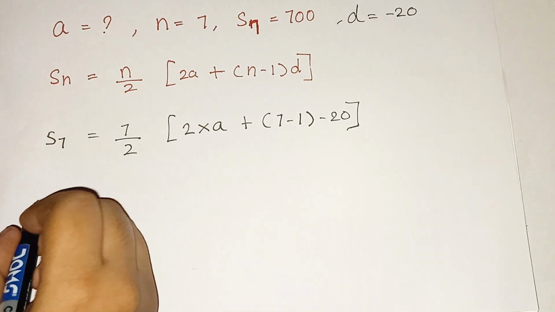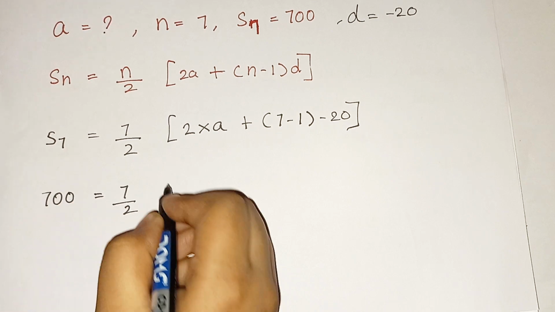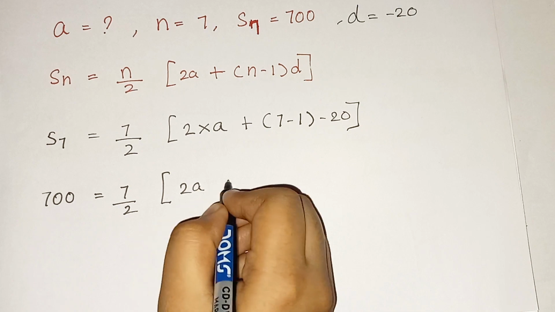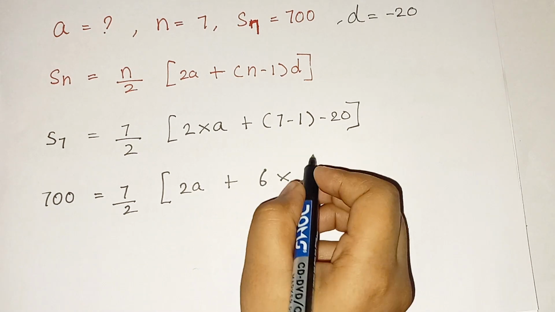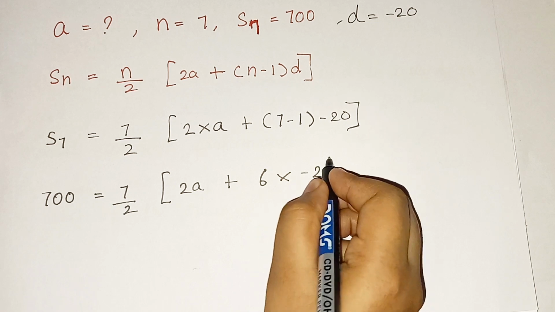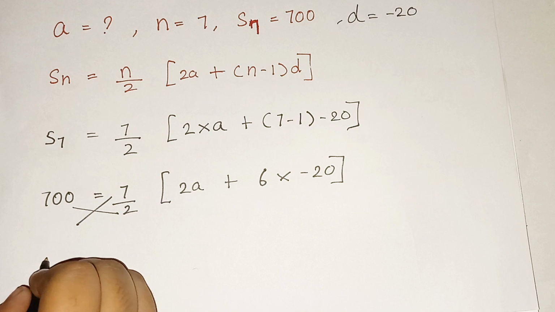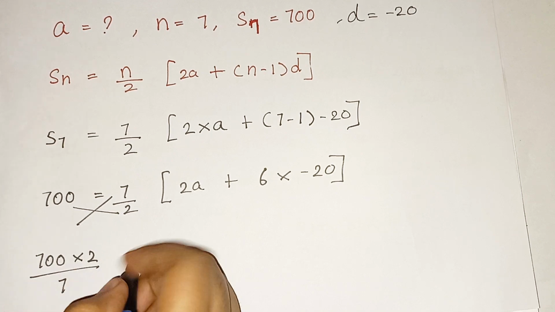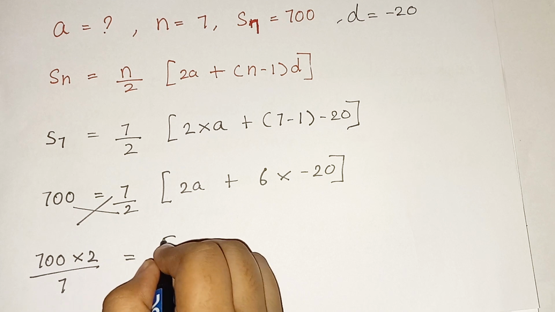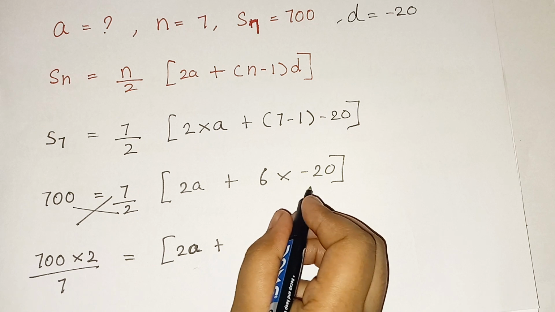So now the S7 value we know, that is 700, is equal to 7 by 2 into (2a + (7 minus 1) is 6, into minus 20). Okay, so now we can do cross multiply. When we cross multiply, we will get 700 into 2 by 7 is equal to 2a plus 6 into minus 20 is